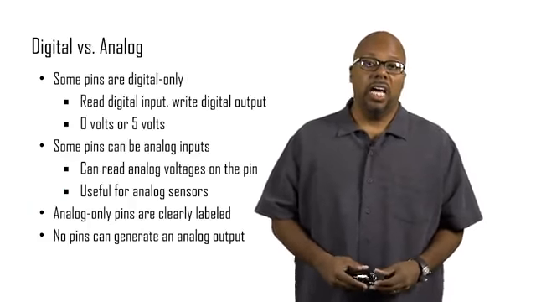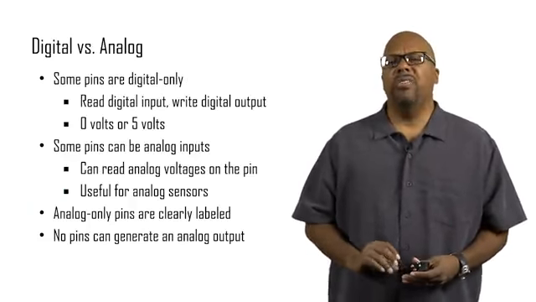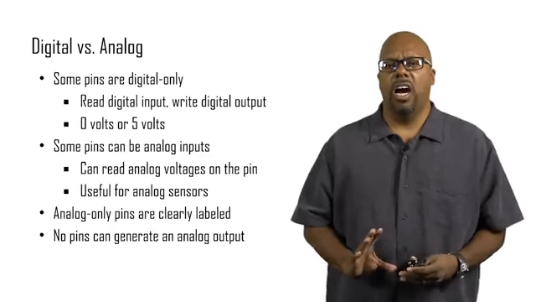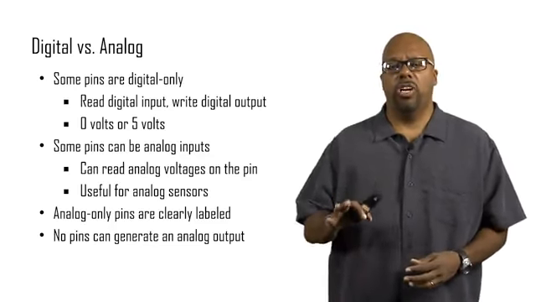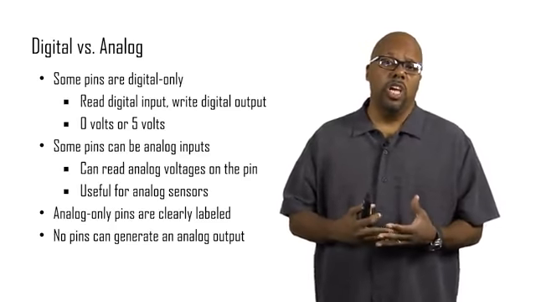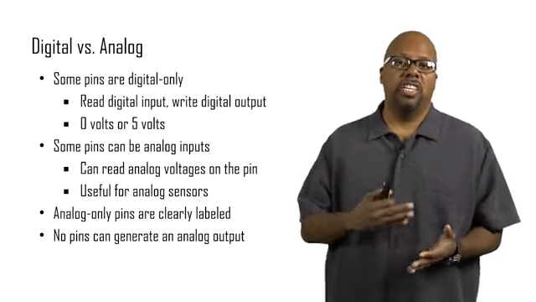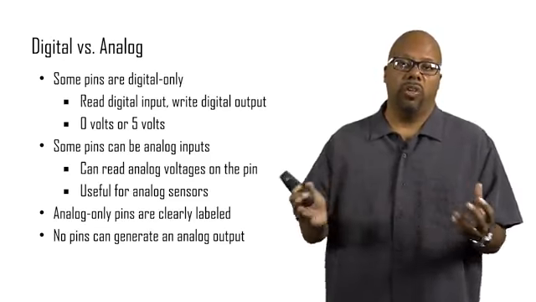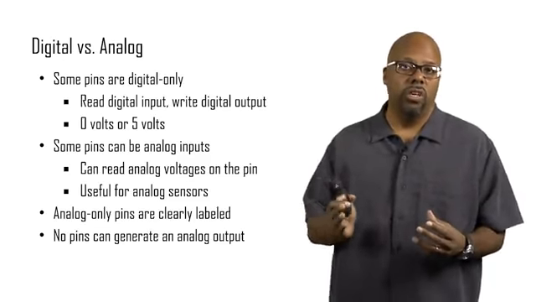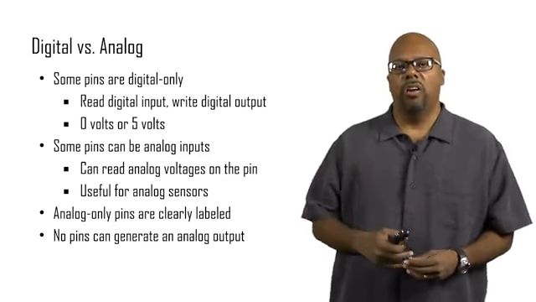Now, pins can either be digital or analog. We've mentioned what digital and analog are before, but in this case, we're talking about digital and analog in terms of voltage. Just to refresh your memory, the difference between digital and analog is that digital is like integers, where analog is like real numbers, right? Continuous values. But digital is discrete, 0, 1, 2, and so on. So in our machine,